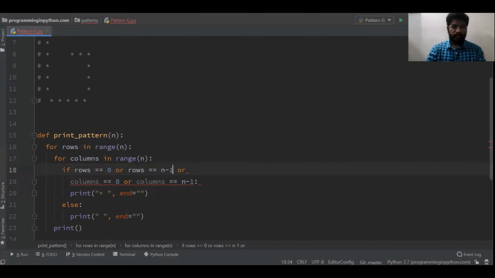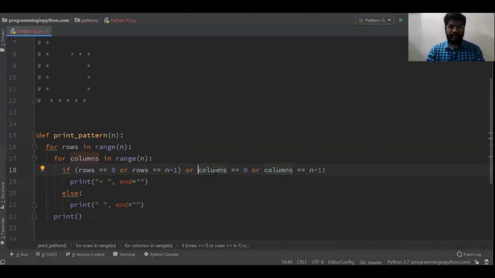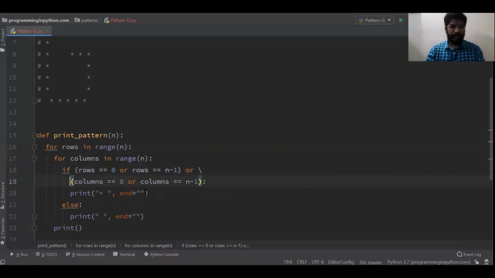We'll just put this together, and this is for printing columns. I'll put this together and go to the next line. This is for printing the first row and last row. This is for printing the first column and last column.